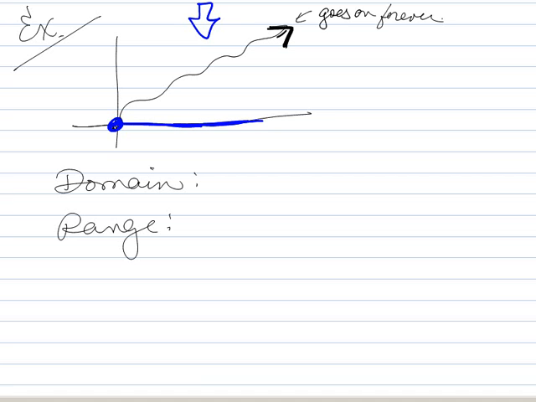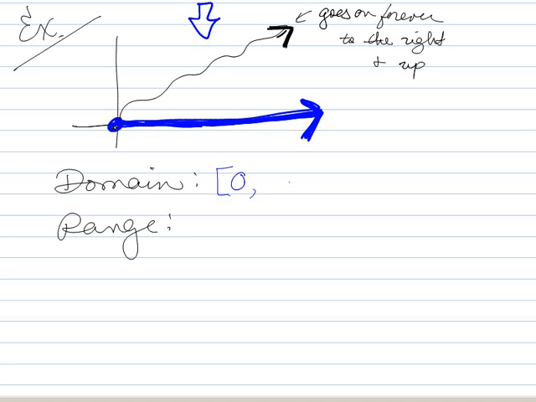Goes on forever in this direction. So since it goes on forever to the right, that means that this line here also goes on forever and ever to the right. This goes on and on forever to the right and up. And because it goes on forever and ever to the right, this line right here, my domain line, also has to go to the right forever and ever. So it starts at 0, it includes the endpoint, and it goes on forever and ever,